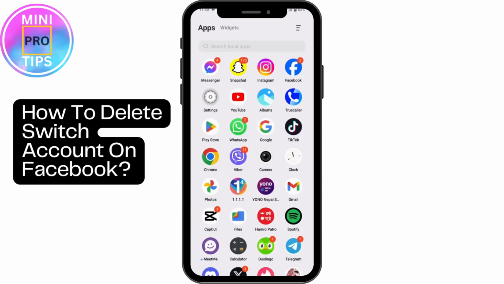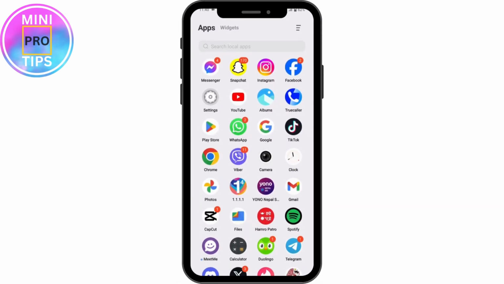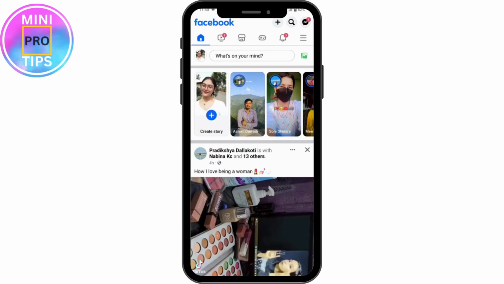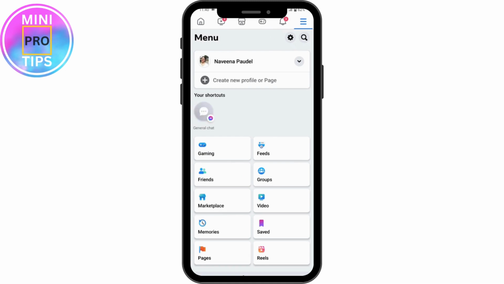How to delete Switch account on Facebook. So if you want to delete Switch account on Facebook, then first open up your Facebook application. So here you can simply go for the upper right, which has that 3-bar icon, and now under your profile